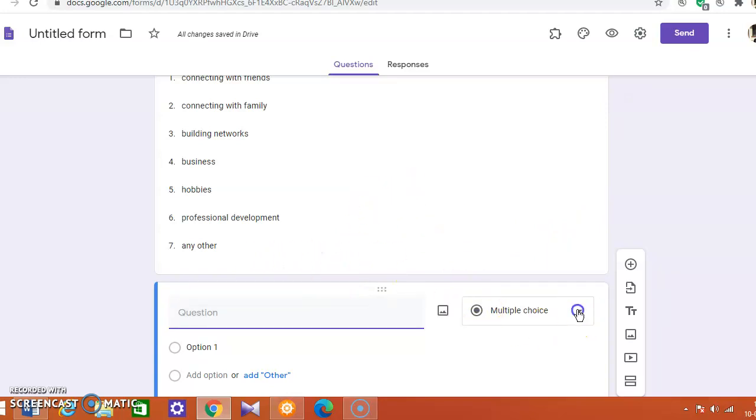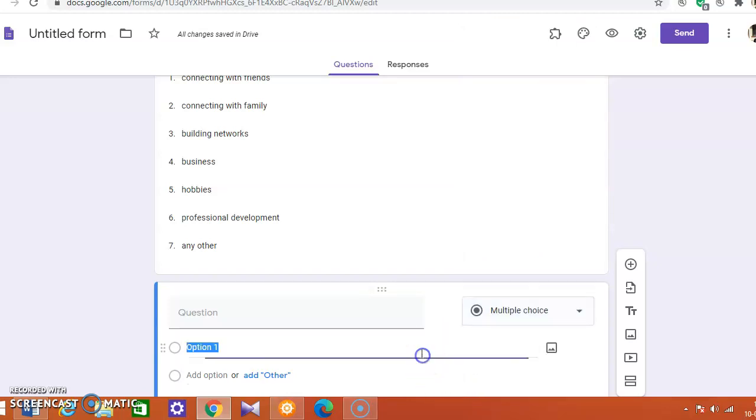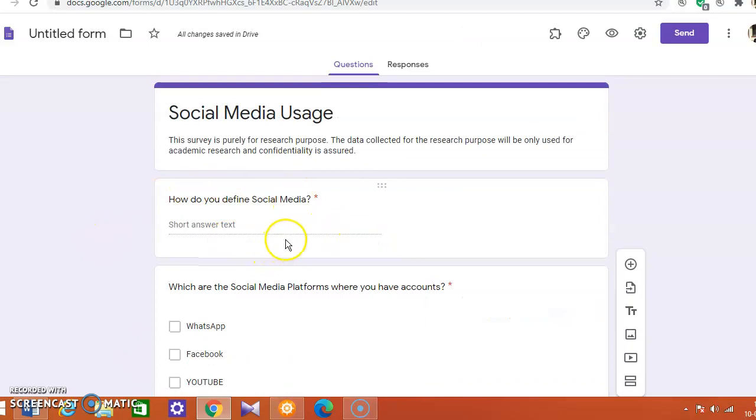So this is how. Now what is left is, from the list you can add a paragraph, you can give them a big answer, but in questionnaires that's not advisable, because nobody has the patience and the time to sit and write through. So short answers are still advisable, but to a limited extent. Multiple choice, check boxes, or drop down, provide them all the options, those they feel quite good using these. So this is how, friends, you can go about creating your research questionnaires and collecting your data.